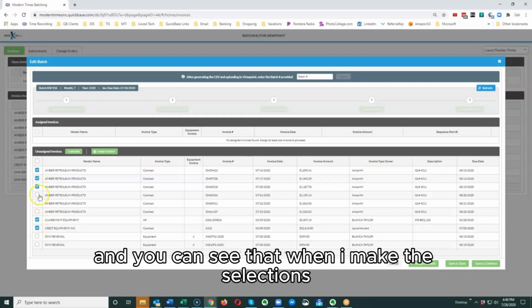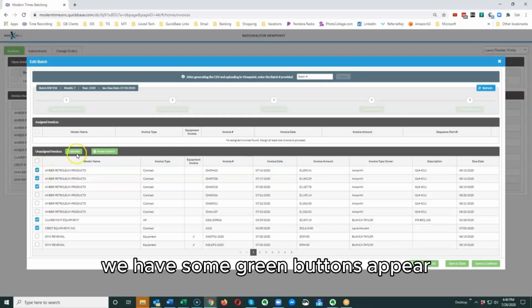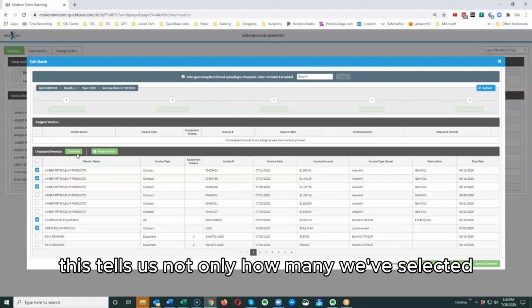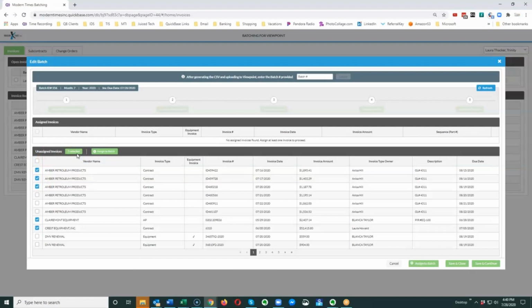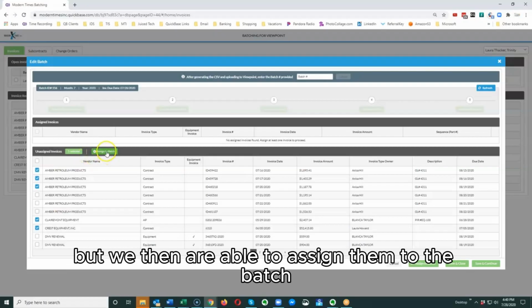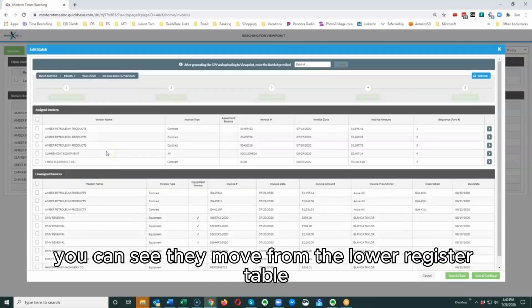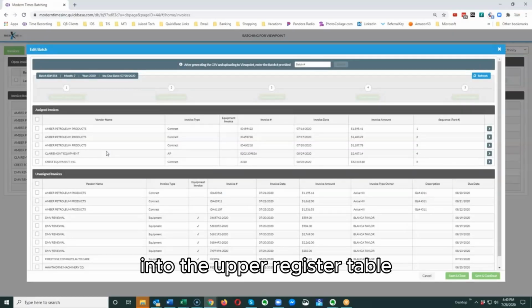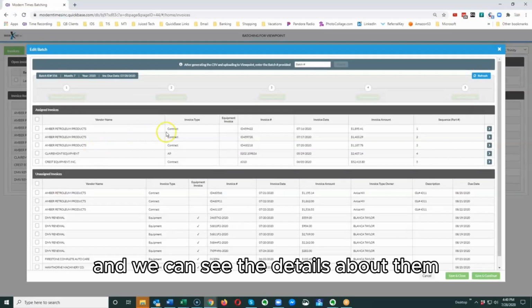And you can see that when I make the selections, we have some green buttons appear. This tells us not only how many we've selected, and that's relevant because we have a limit of 30, but we then are able to assign them to the batch. You can see they move from the lower register table into the upper register table,